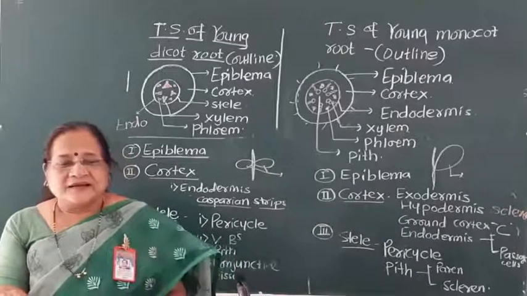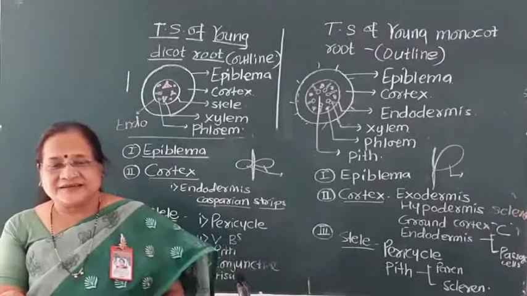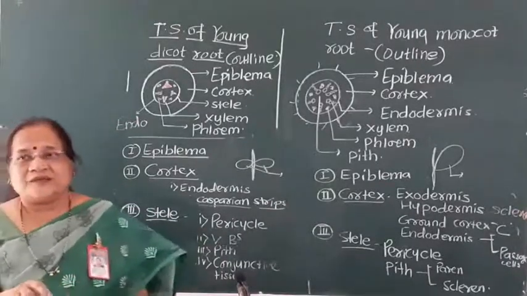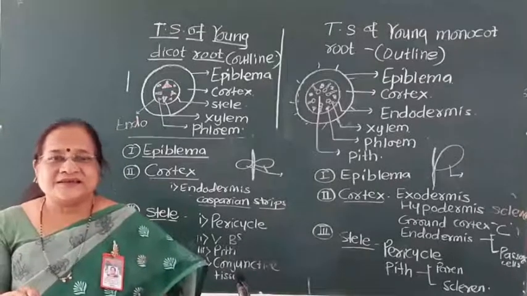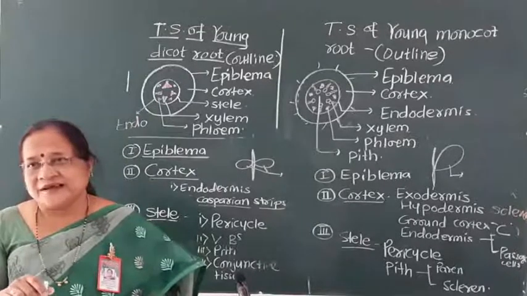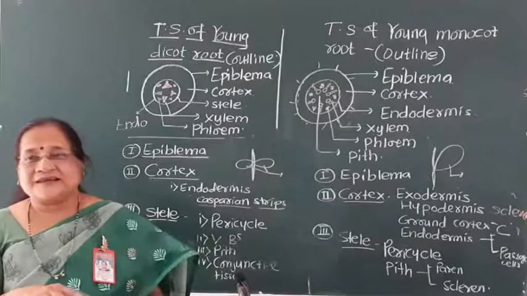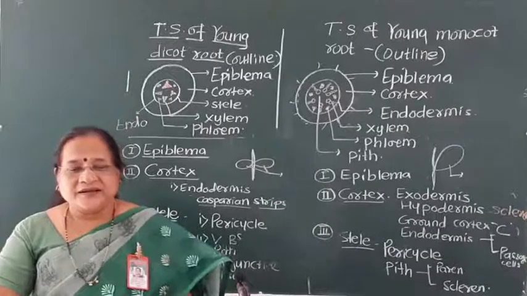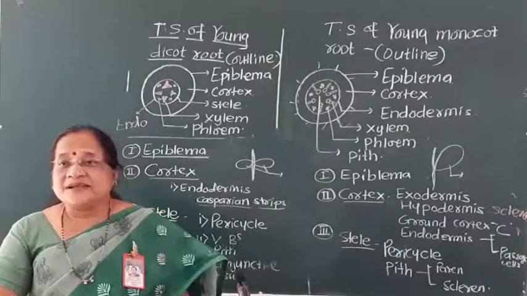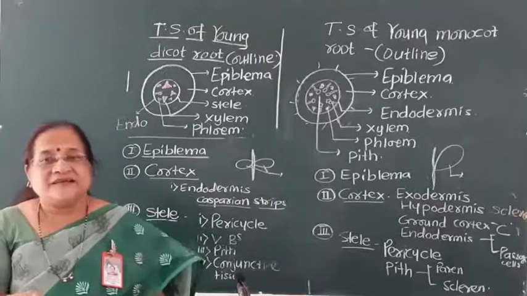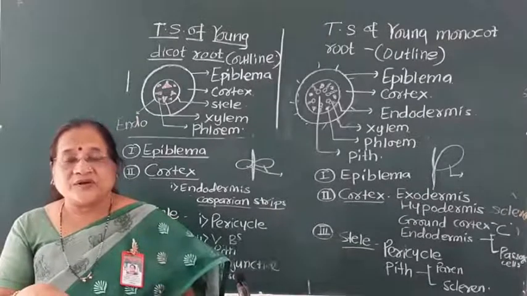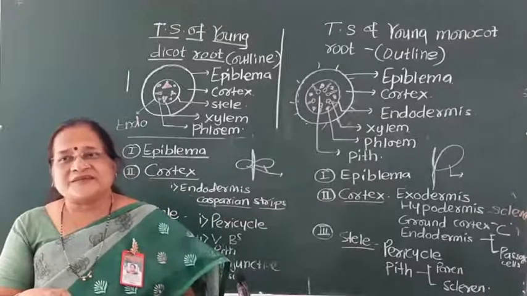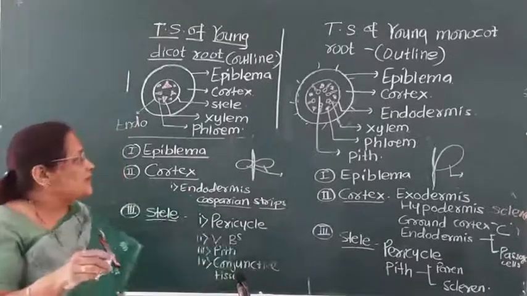In this we are going to study the young stem TS, that is, we have to take the section, which we call the anatomy. In the study of a plant, there are two parts: the external characters of that particular plant, and second, the anatomy, that is the internal structure of that particular plant. So the primary structure, what is this primary structure? The structure differentiated from the primary apical meristem. What is this primary? That is before secondary growth. And the apical means what?